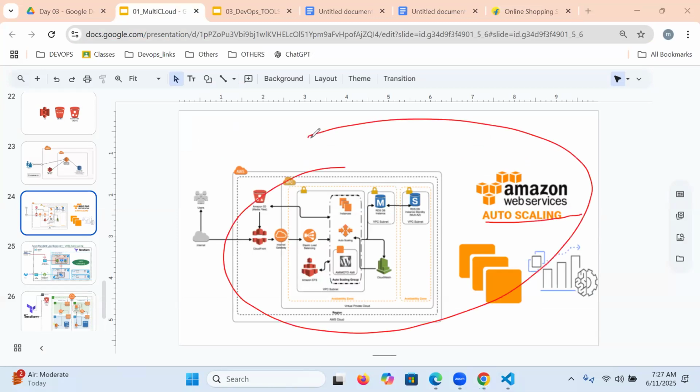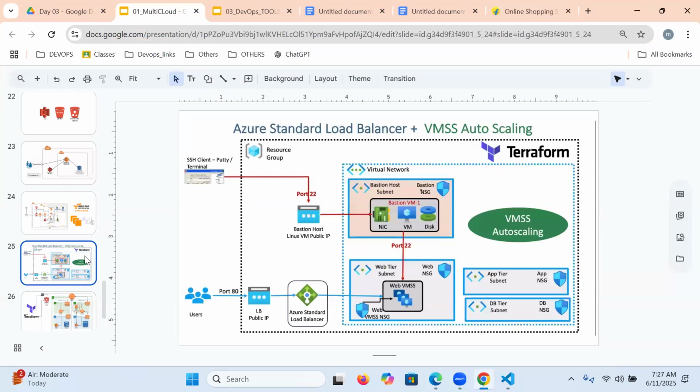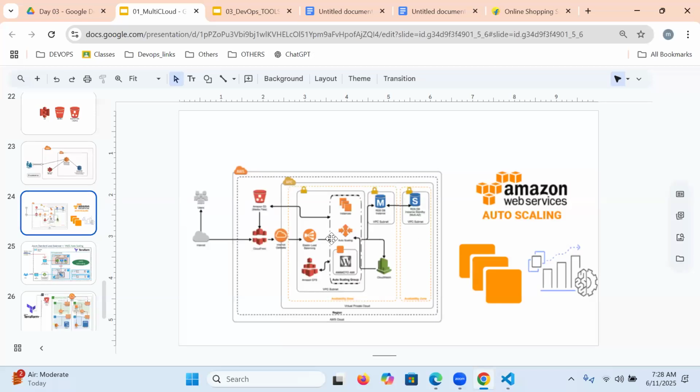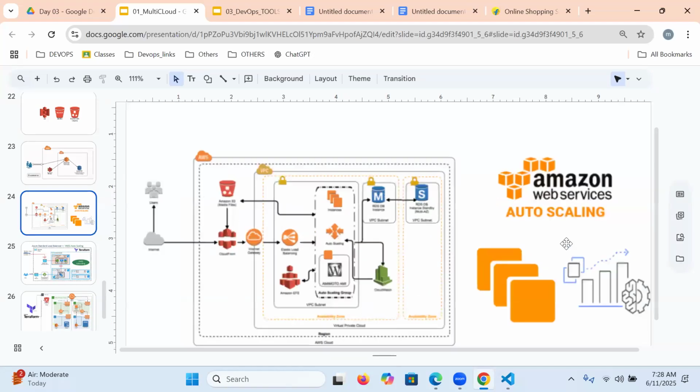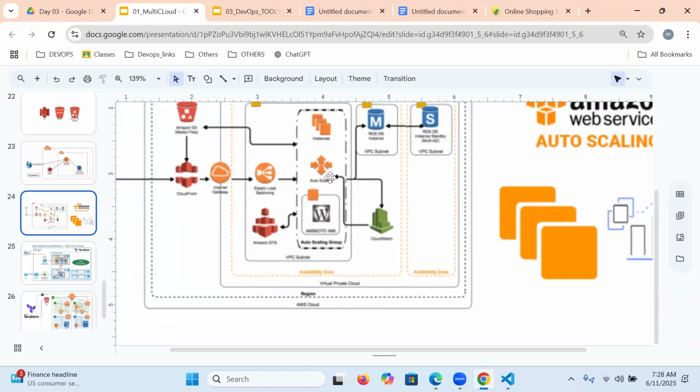This project we are going to implement in AWS as well as in Azure. It will be practically implemented; these diagrams will be implemented practically. First of all, each and every concept has to be understood thoroughly, for example, what is CloudWatch, what is SNS, what is the load balancer. So it will take a minimum of 1 to 2 weeks to understand, by the end of 2 weeks.